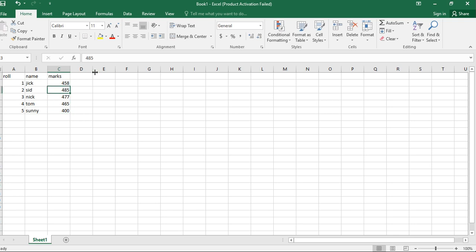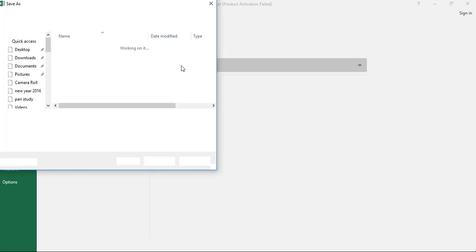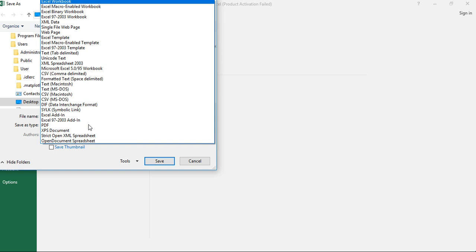Press Ctrl S to save the file. Choose the location where you want to store it and type the file name. We use the file name student, and in the Save as type drop down menu, choose CSV comma delimited.